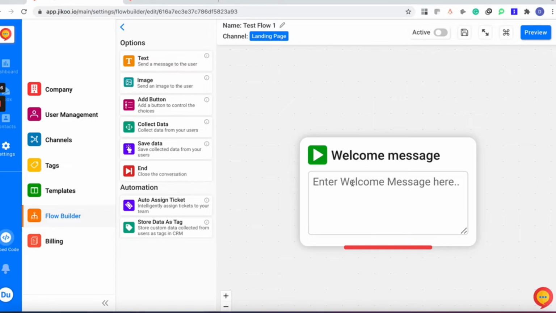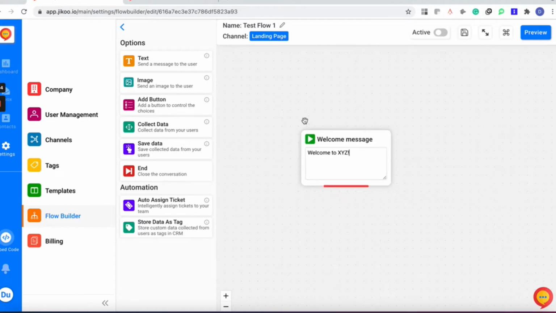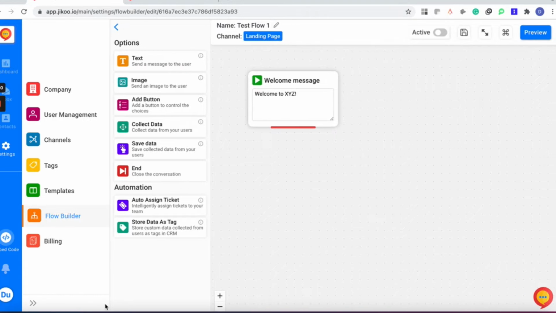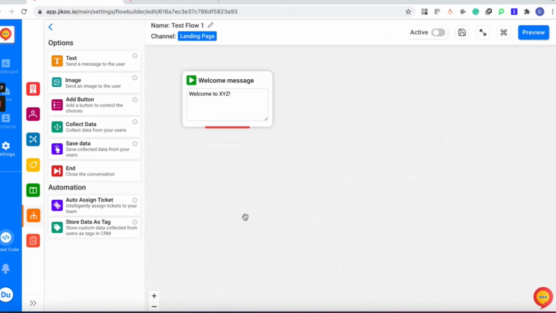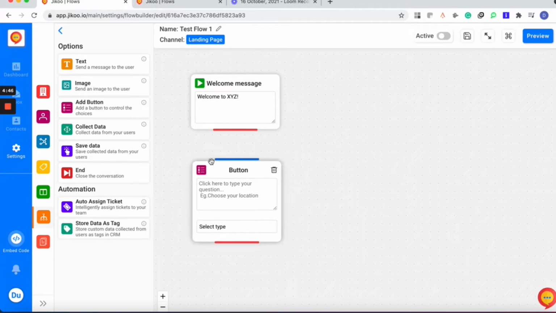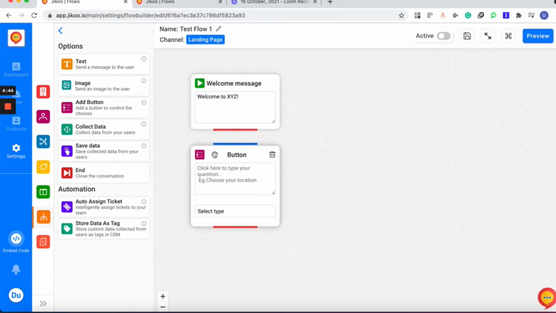Alright, so let's just create some greeting message. So I'm just zooming out the page. Okay, perfect. After the welcome message, we are going to straight away ask the website visitor why he is here. So let us just drag that add button option. Why specifically am I dragging this? If we are asking any questions like options to them, we need to go for the add button option. So I will show you how.